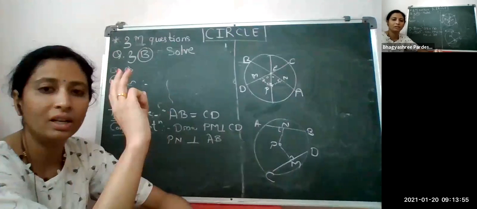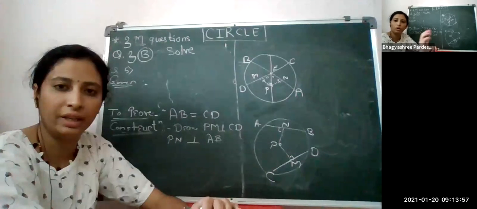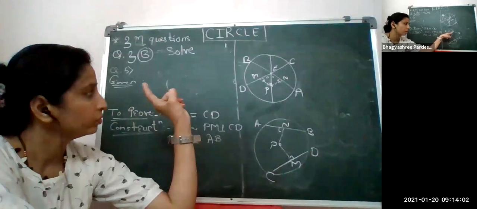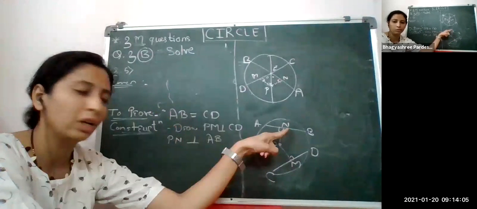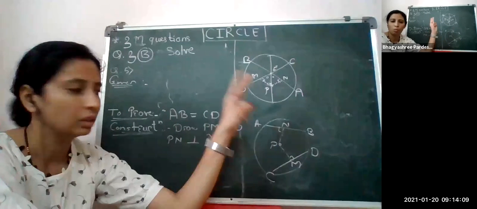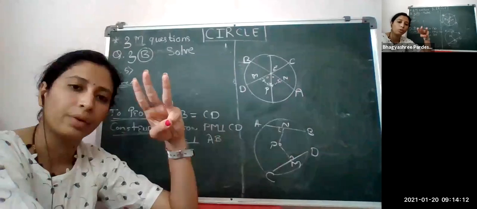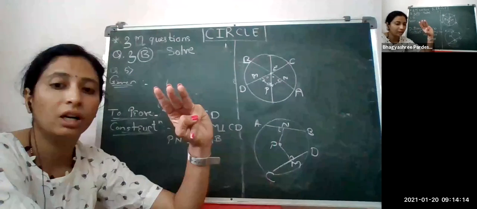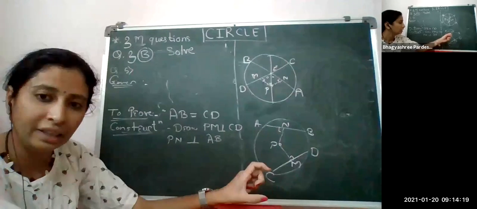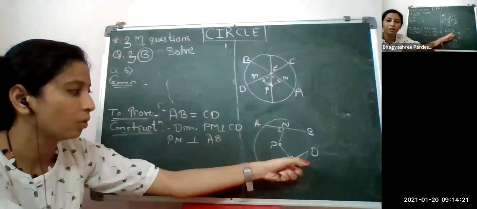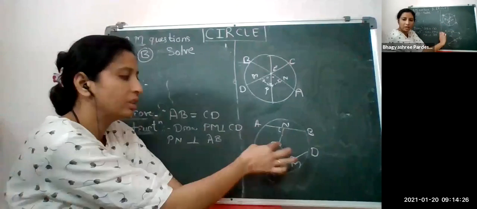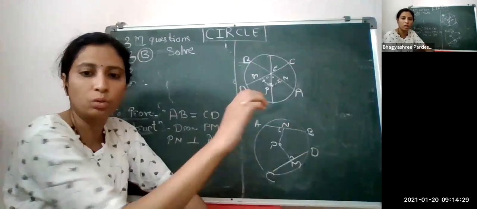It is very easy, students, if your concepts are clear. What have we learned? We have just learned the three theorems, three corollaries. The first one was: if from the center we draw a perpendicular to the chord, then it will bisect the chord. This was the first theorem. Then the next was the converse of it. And the third one says that if we have congruent chords, then the perpendicular distances are also equal, and the same for the converse. If the perpendicular distances are equal, I can say that the two chords are congruent.